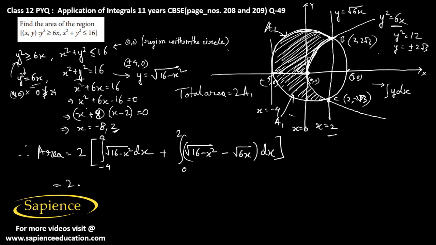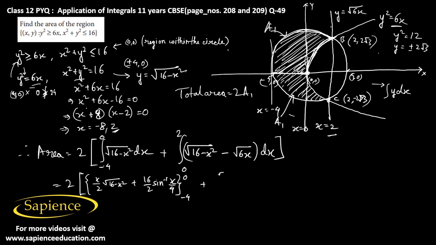So this area will be 2 times, as we know, x by 2 root over 16 minus x squared plus 16 by 2 sine inverse x by 4, and that will go from -4 to 0, and plus that will be